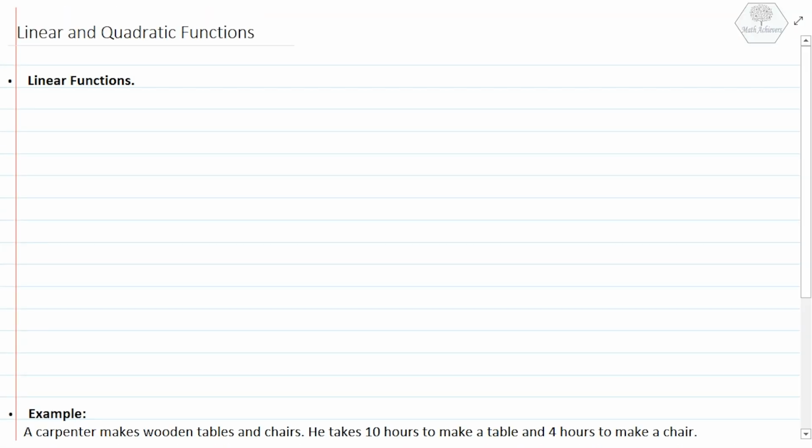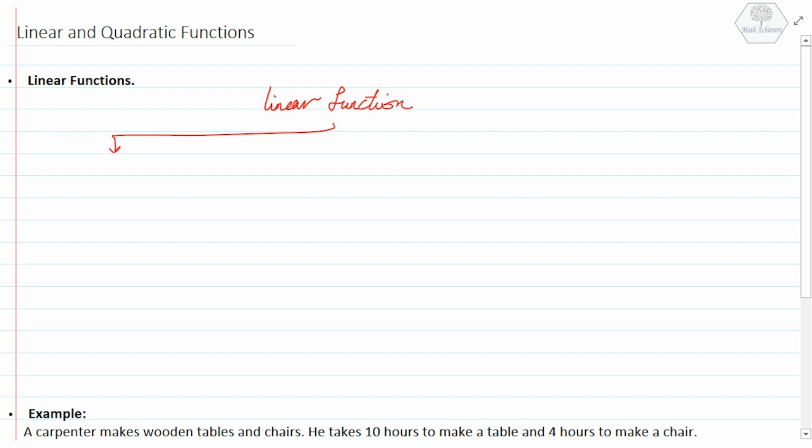Hi, our lesson now is about linear and quadratic functions. We'll start with linear functions. We discussed linear functions in detail in a previous lesson. We said that a linear function we can have it